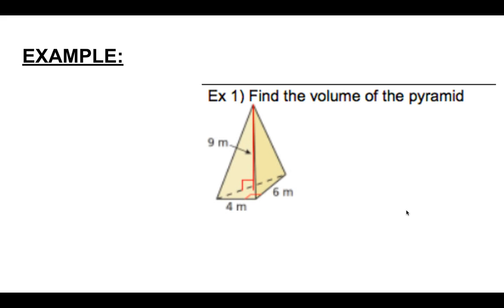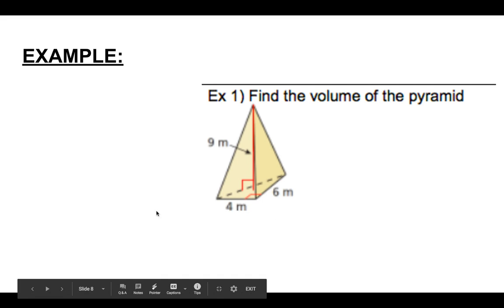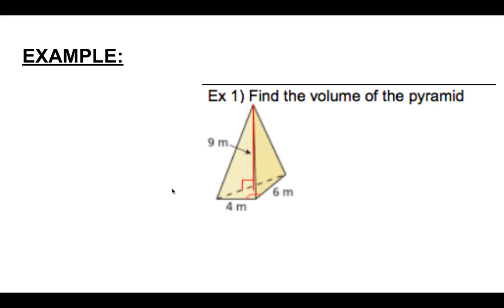So as an example, find the volume of the pyramid. So again, looking at the base shape of this pyramid, we have a triangle. So first, go ahead and find the area of a triangle. What's the area of this triangle? Keep in mind it is a right triangle. You should have gotten that the area would be 1/2 times 4, that's my base, times 6. So 1/2 times 4 times 6,